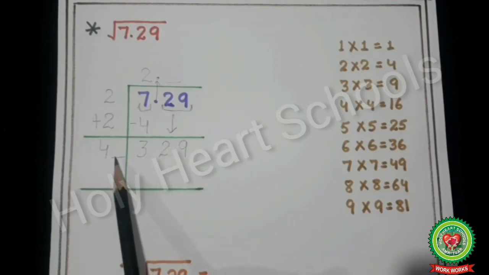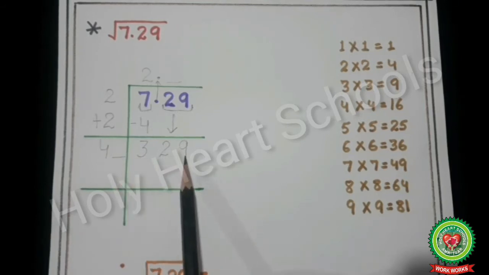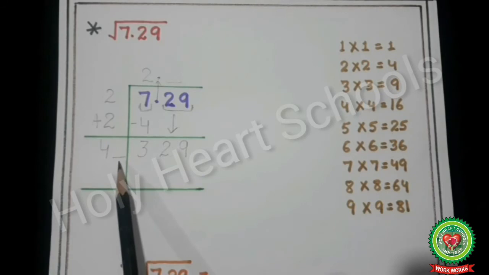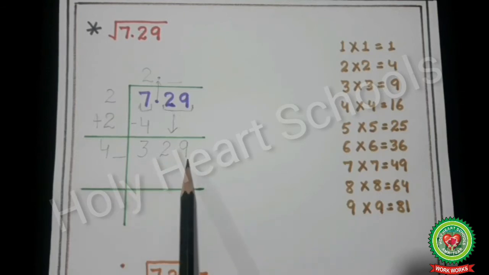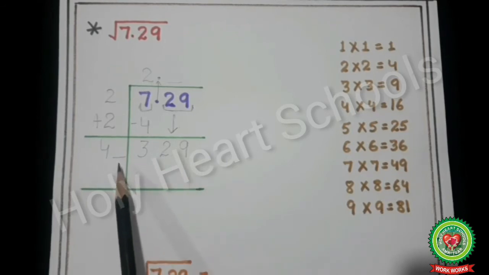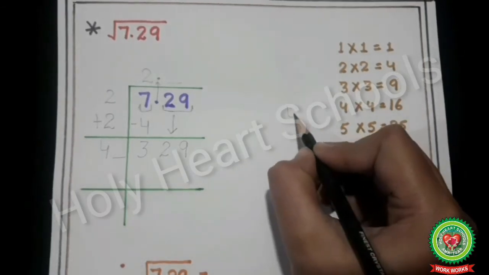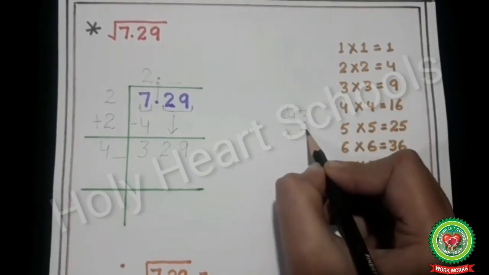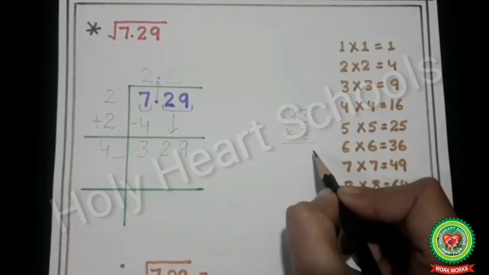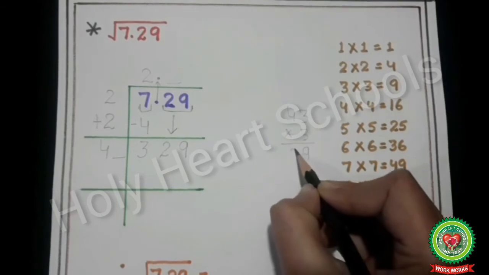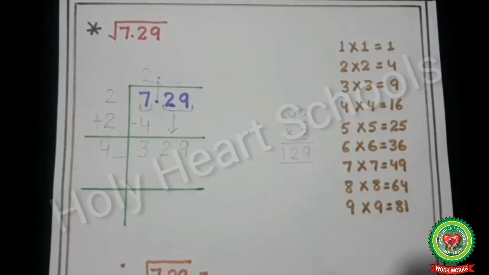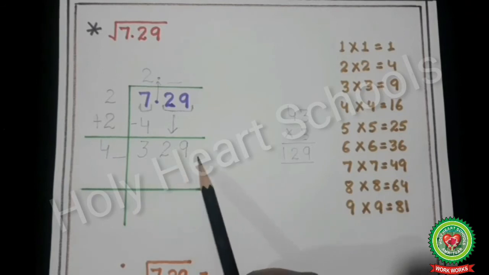So we have to write such digit here such that when the digit gets multiplied by itself will give you last digit 9. For example, if I write here 1 multiplied by 1 is 1, not satisfied by the last digit. 2 multiplied by 2, 4, not satisfied by last digit. 3 multiplied by 3, 9. But before writing 3 here, let's check that 43 multiplied by 3 will give you which number. So on multiplying 43 by 3, we have got 129, which is so small than 329.